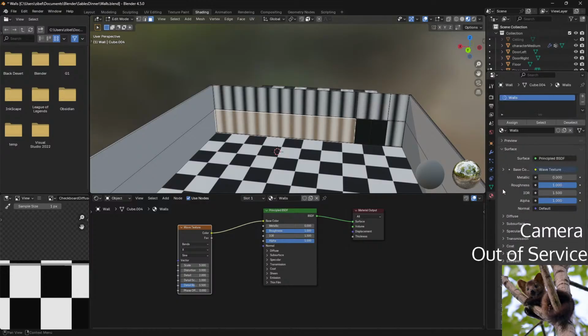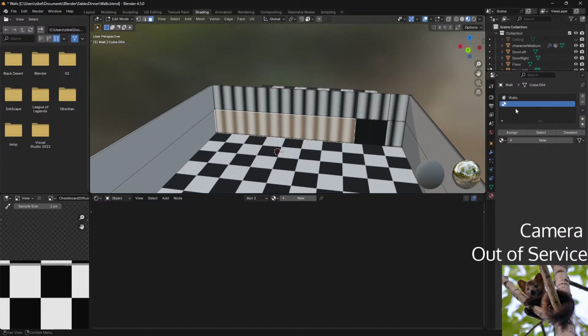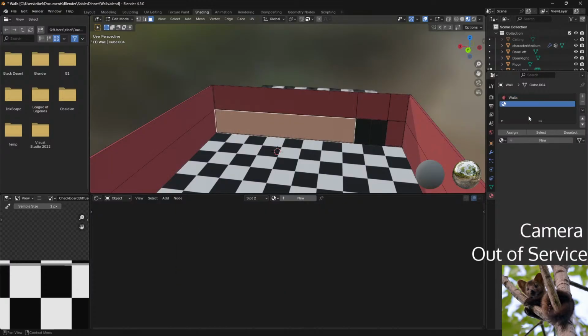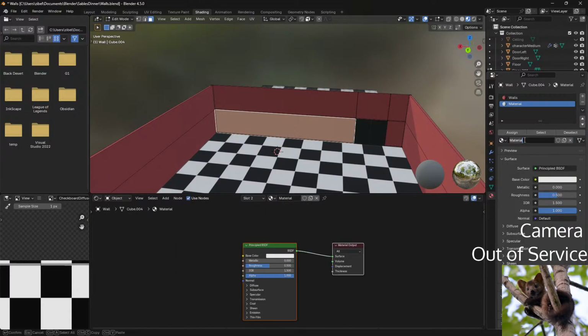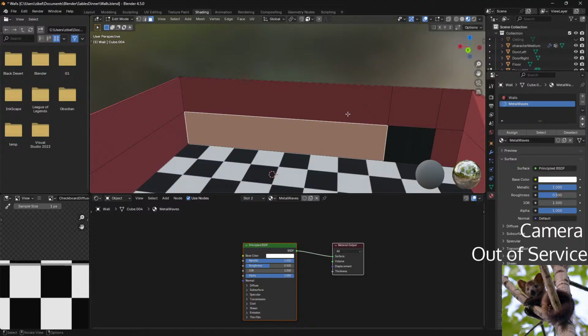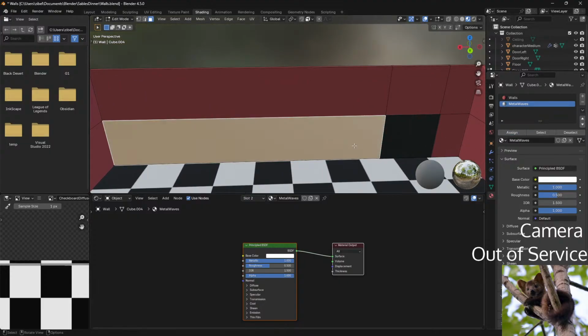What am I working with right now? I should probably create a new one. Yes. So I'm gonna remove that, and I'm gonna create a new material, which I'm gonna name waves. Like metal waves. And I kind of want to assign it to this right here.